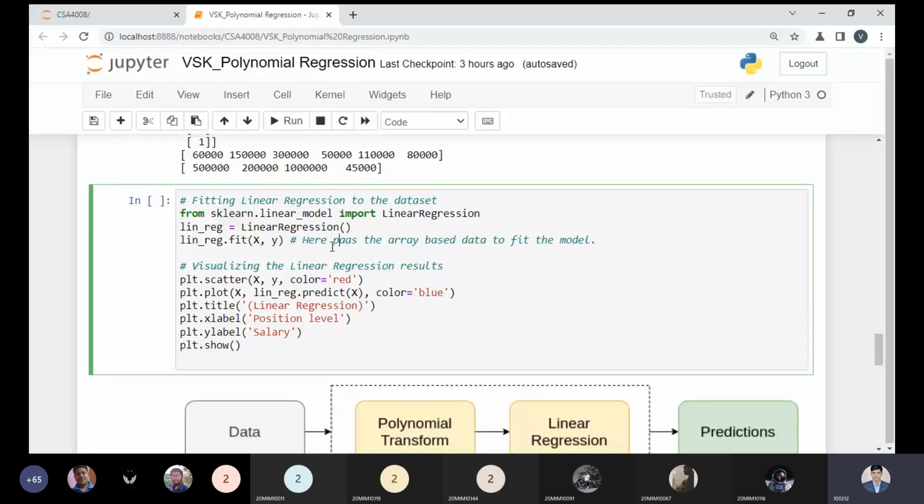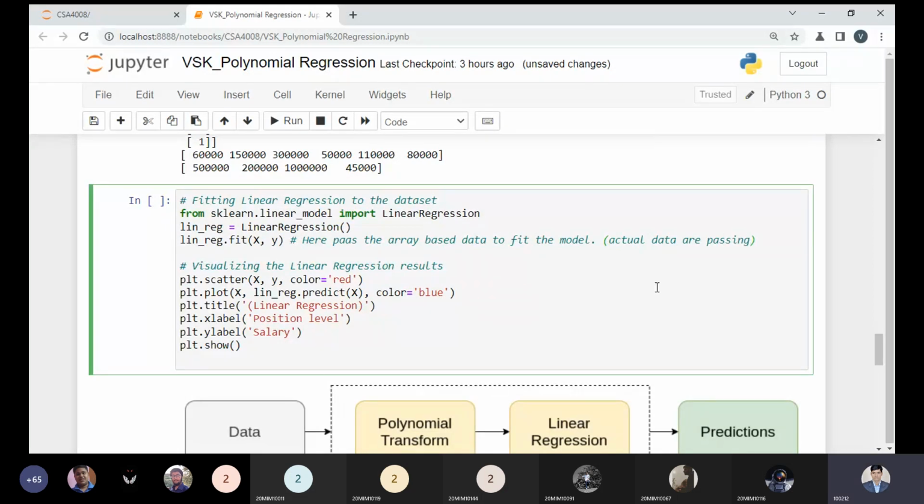Here we pass array-based data to fit the model, and that is known as the actual data. I'm passing actual data only.